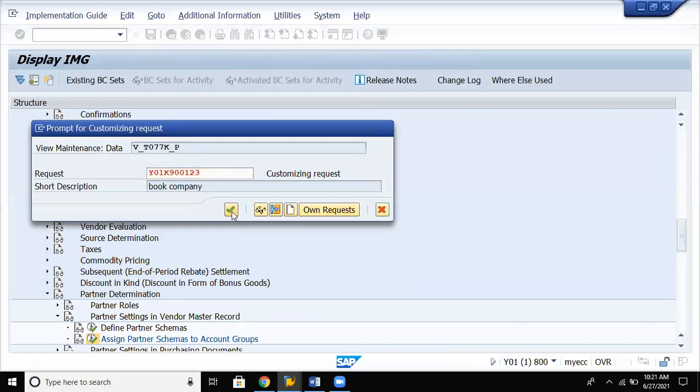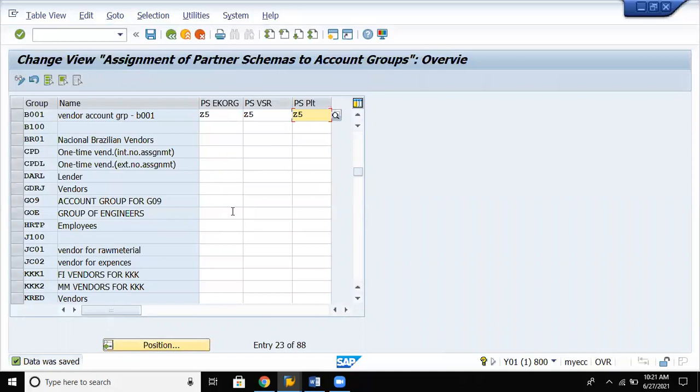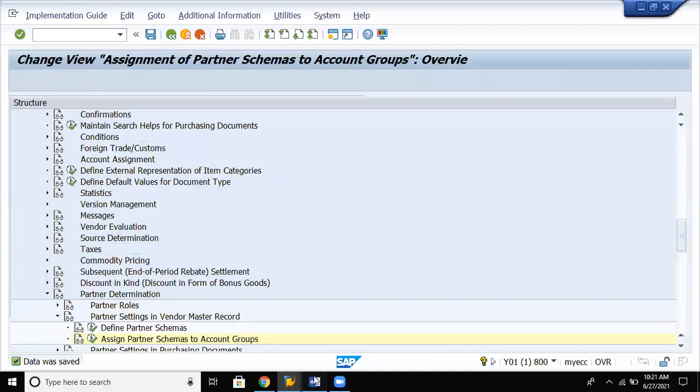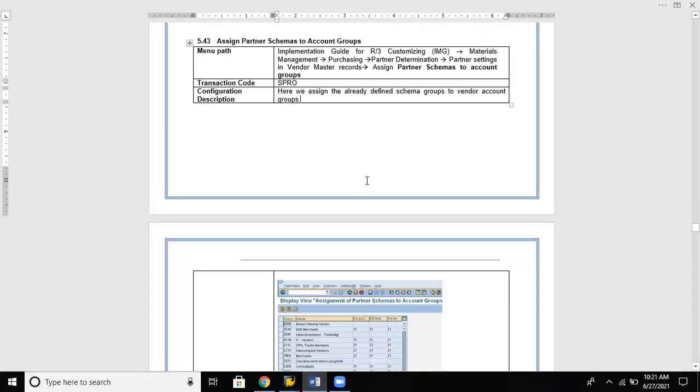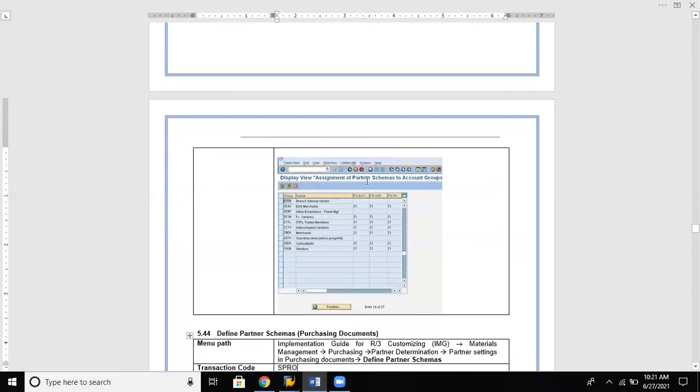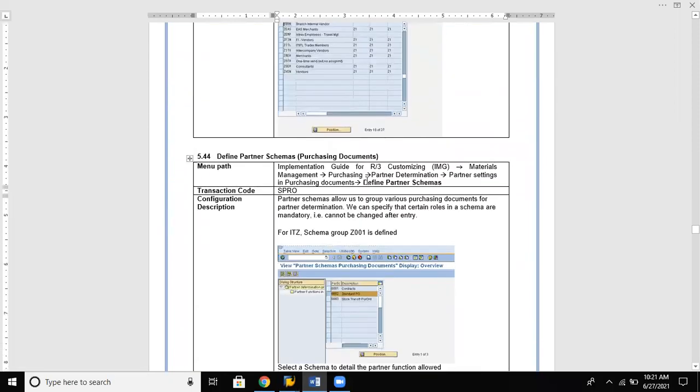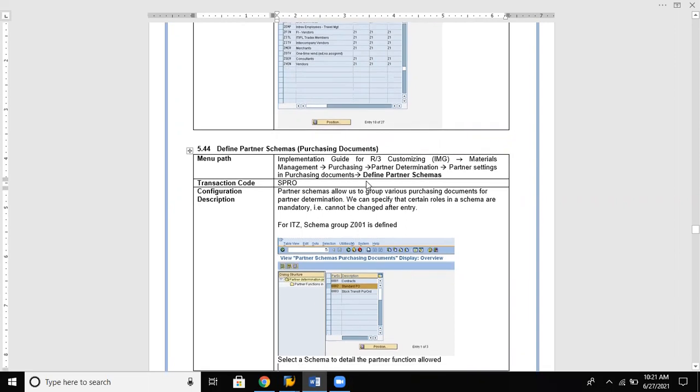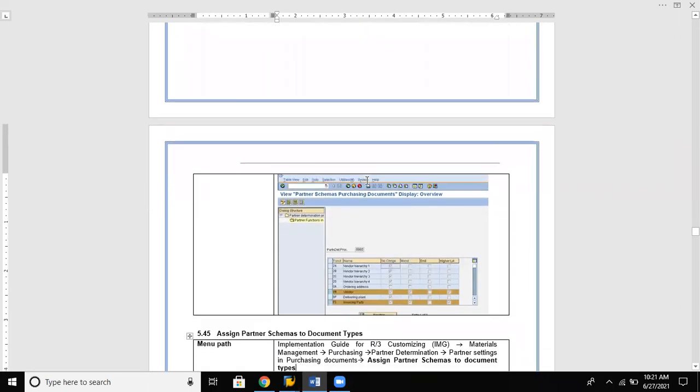Enter again. Go back. Now next, define partner schemas for purchasing documents. So we have already done these partner schemas.